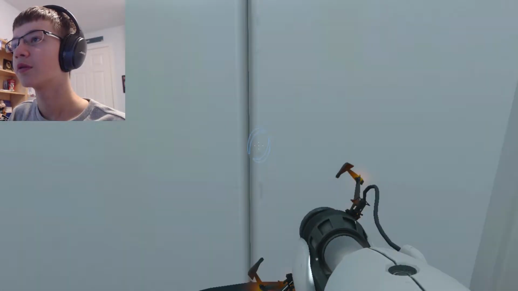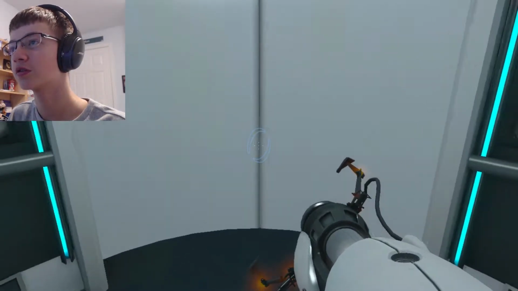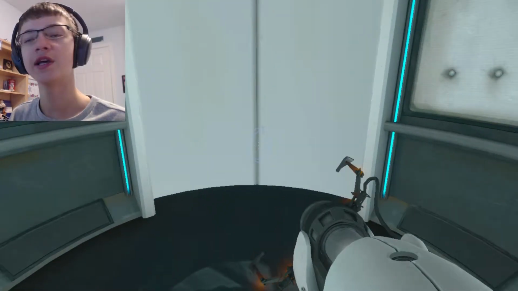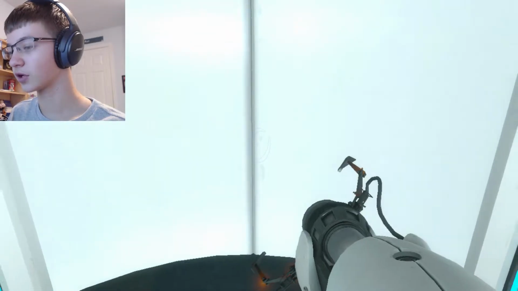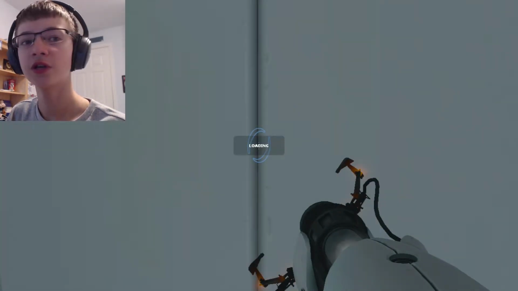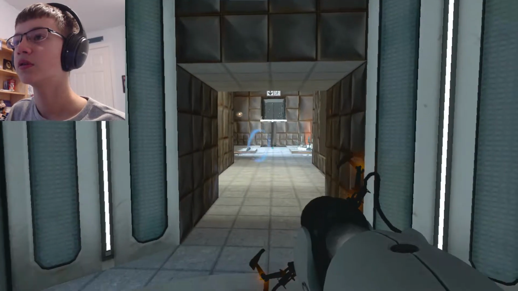And then here we're going to have to wait for GLaDOS to finish talking before the elevator starts moving. There we go. As long as you've been moving back and forth and you're in the elevator, as soon as she finishes talking, the elevator will start moving. So now onto test chamber number